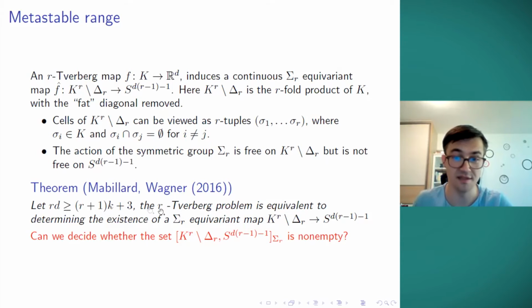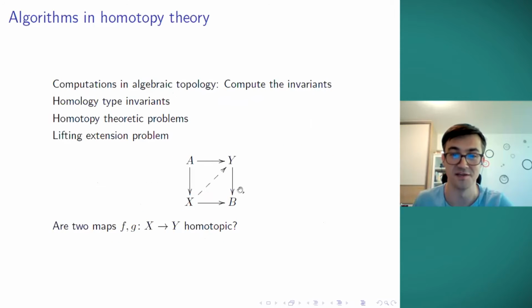And ultimately, you know, at the beginning we saw that if some stability condition holds for fixed points, then we can. And this is precisely the answer, right? Just checking these dimension connectivity conditions, and it turns out that yes, it is decidable. So from now on, I'm not going to be talking about the r-Tverberg problem anymore. And I'm going to move on